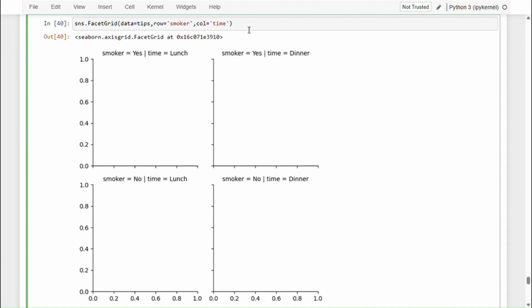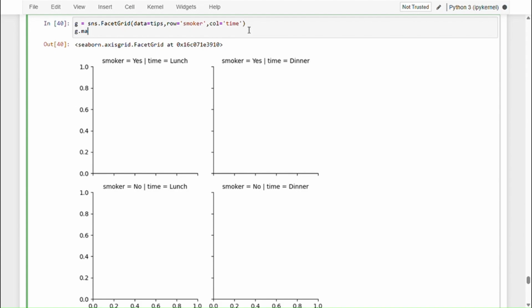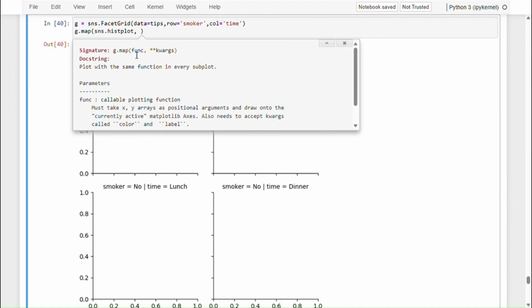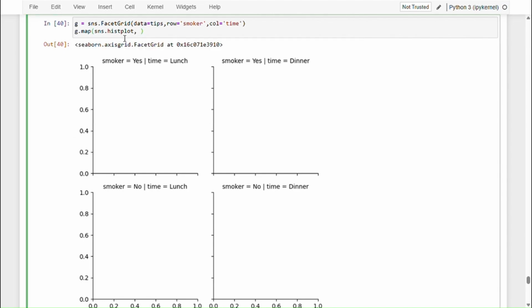Now, just like the pair grid, we can save this as a variable, and then we can map on that variable. So here, let's say we want to see histogram for total bill. If you check the doc string, once again you can pass in your function and then keywords related to that function. If you look at the doc string for hist plot, the very first parameter is x. So we already have the data here. This facet grid is based on this data, so we don't need to pass in our data. We can directly pass in our column name for total bill. Let's run this,